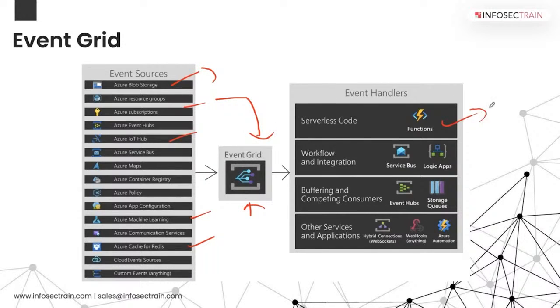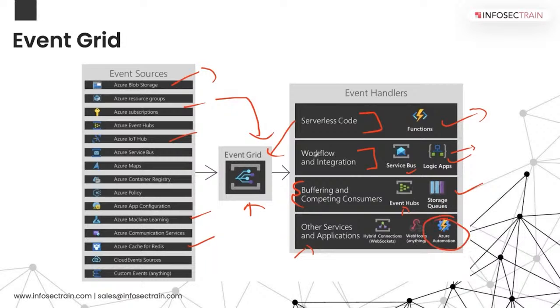Like my function app, which is going to regenerate the new key, has subscribed to this Event Grid. So it could be any serverless code, workflow and integration, like the Logic App service bus. Again, Logic App is a kind of serverless function. Then buffering and competing consumers like storage queues, Event Hub, or some other services as well,